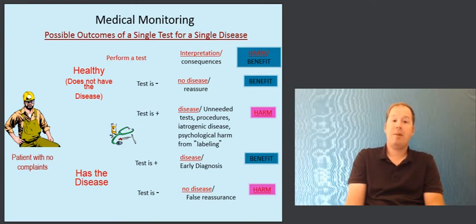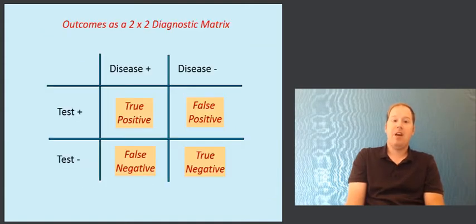And so the question becomes, how do we determine whether a test will be effective in a given circumstance for a particular condition? Another way of looking at this chart we've just seen here is to put this in a matrix, a 2x2 matrix. On the top row, you'll see I've got disease condition presence. That is, whether the person truly has the disease, positive or negative, so yes or no. And then in the vertical column on the left, we have two possible outcomes of the test for that condition. Either the test comes back positive or negative.